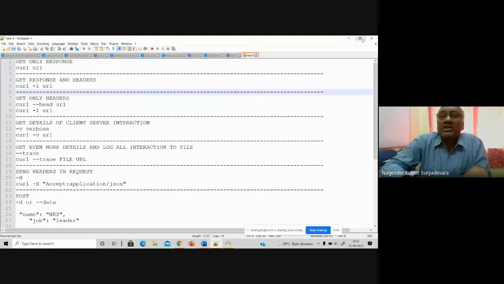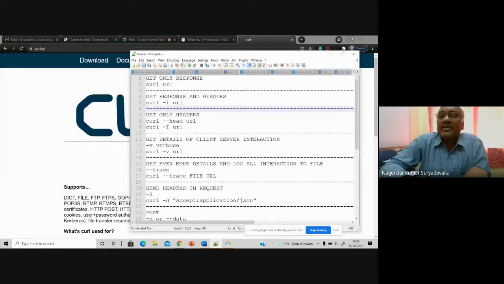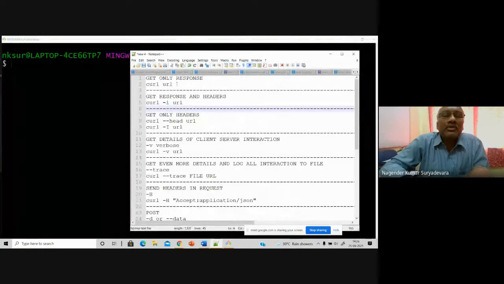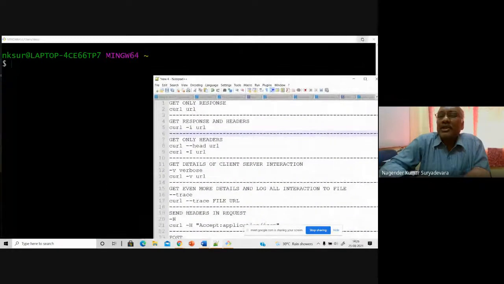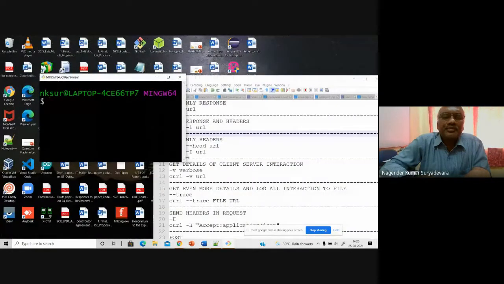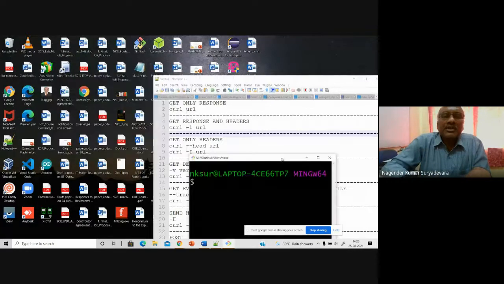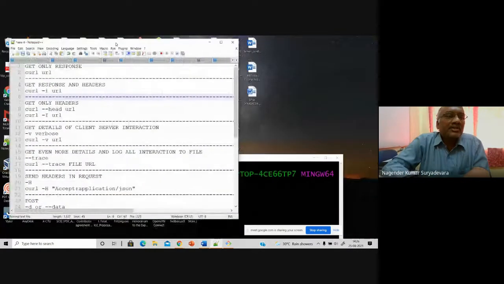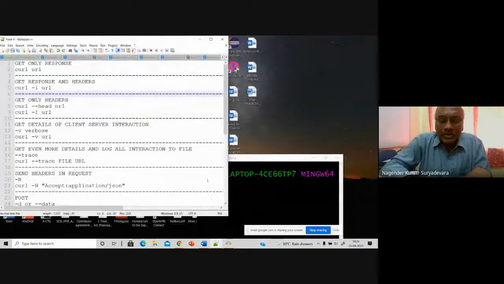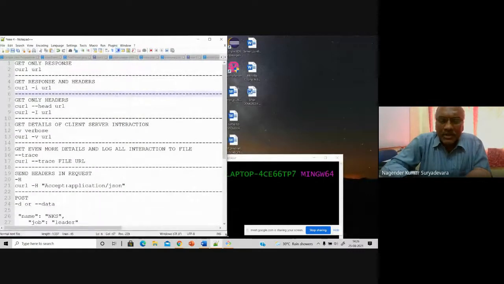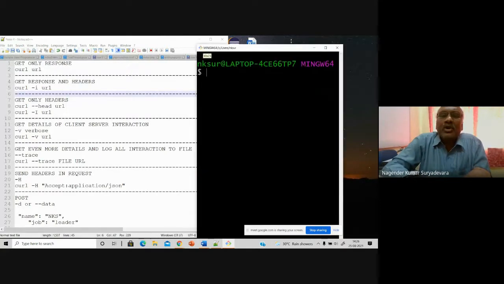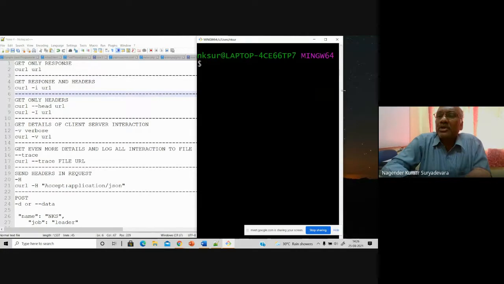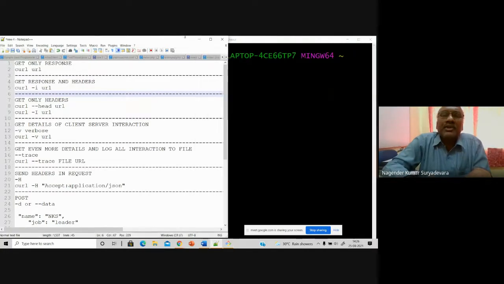So how to use this curl command? Use the simple exercise, and this file I'm going to upload for you, and it will be useful for you. And see, like this, I can just put the screen here for you. Let me adjust my screens to show the commands as well as run the commands, and for you also to practice on your own laptops. You start practicing today and tomorrow, and you need to complete a small exercise which I'm going to give you for the next week, before the next week's session.